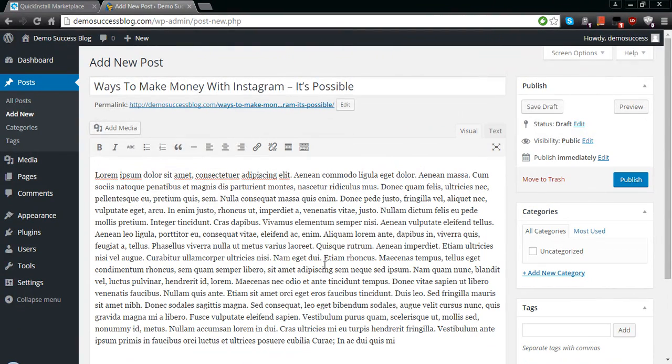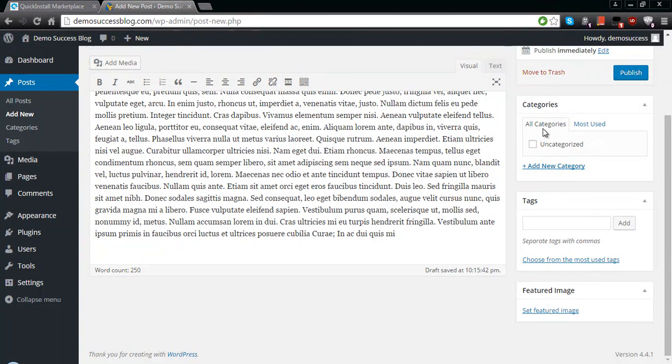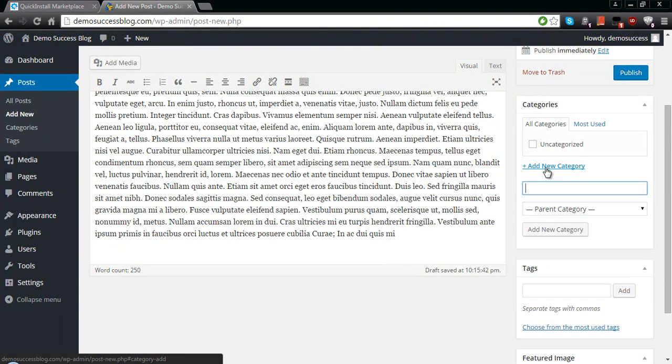All right, so once you have your post written up, you can either save the draft, preview it, or move it to the trash. Over here, you can select the categories to place it in. If you don't have any, or if you don't want to place it in one, you can just select uncategorized. Or if you want to add a category, you just click here. This one will be different ways to make money